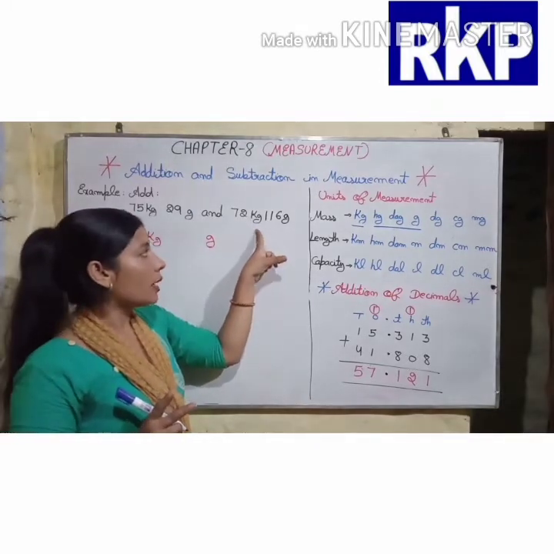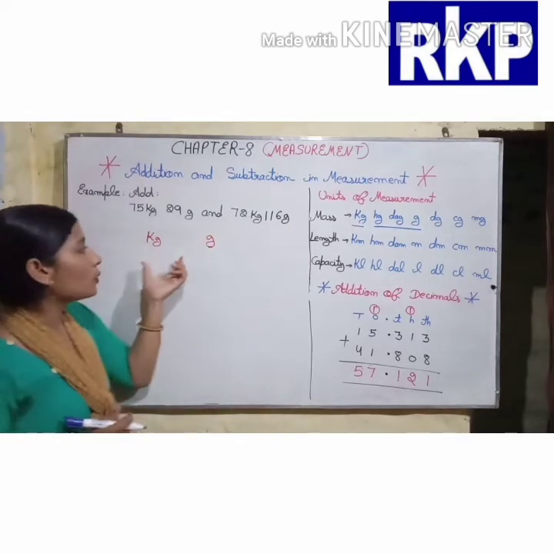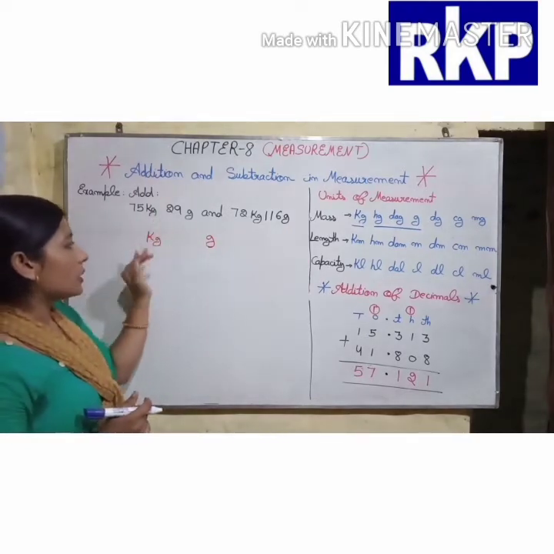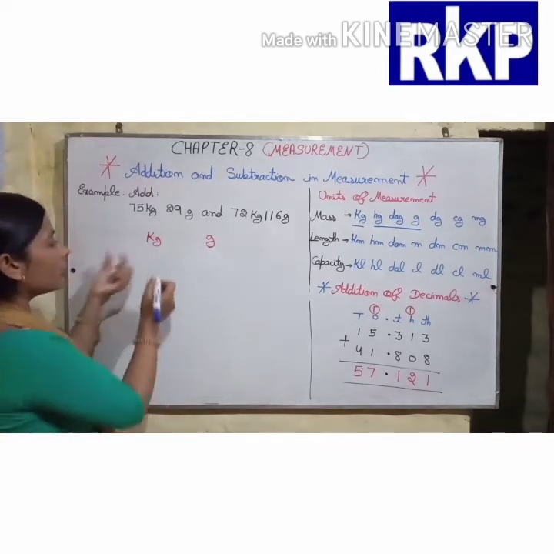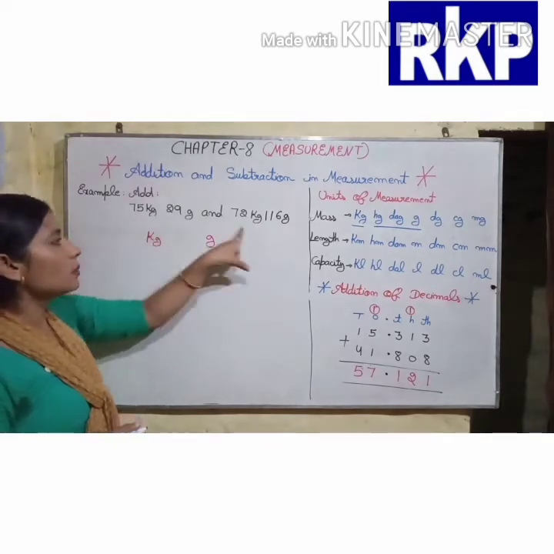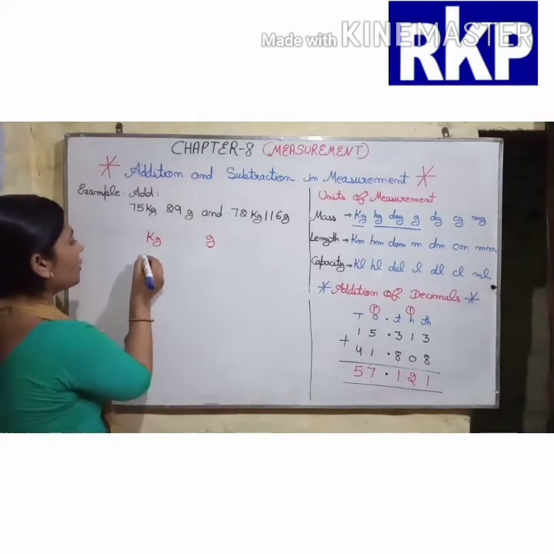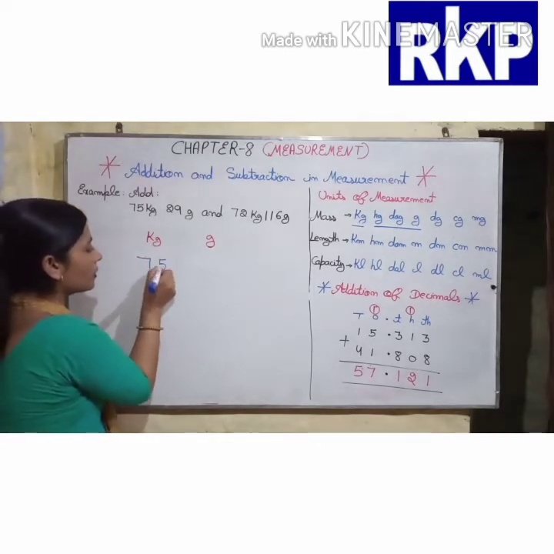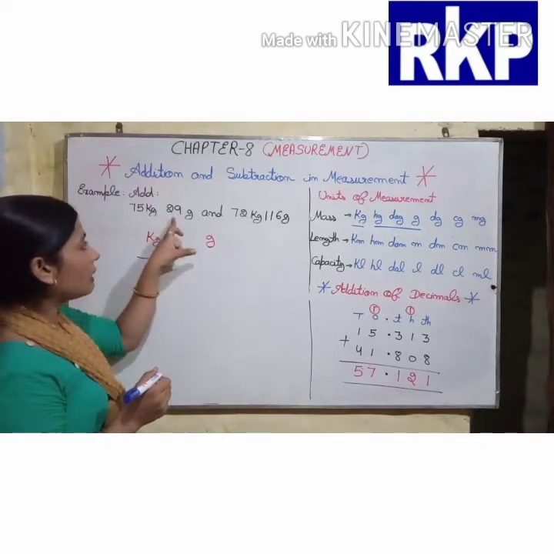and here also we have two units, kilogram and gram. So first of all we have to write these units upper side. At the top we have to write kilogram and gram and now we have to arrange these numbers according to column. So first of all we have to write 75 downside of kilogram. And now we have to write 29 gram,